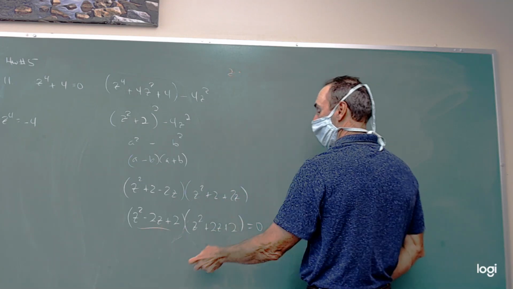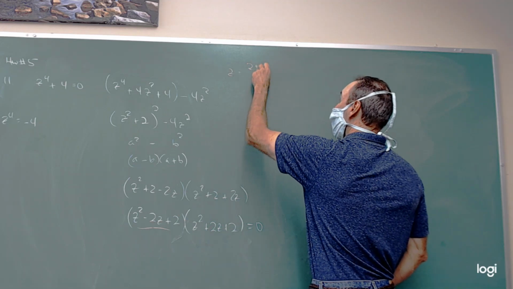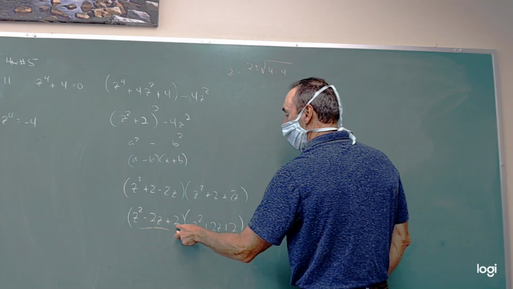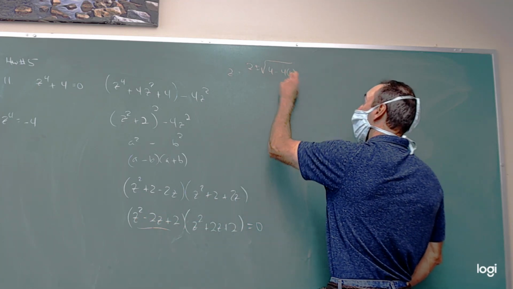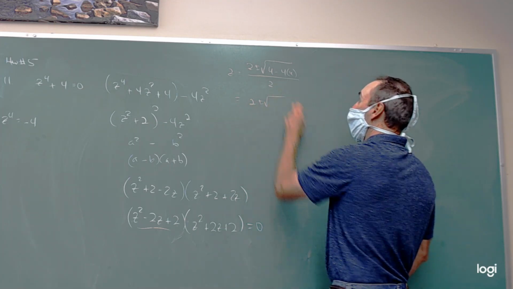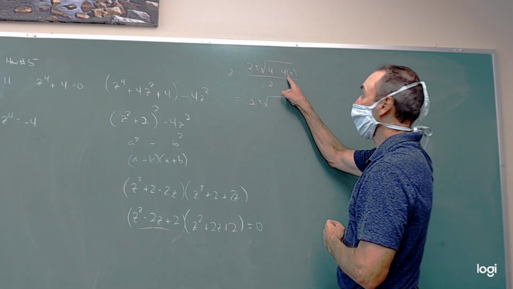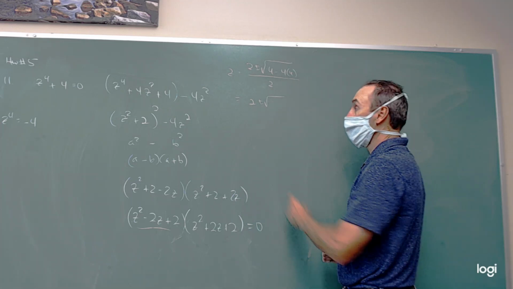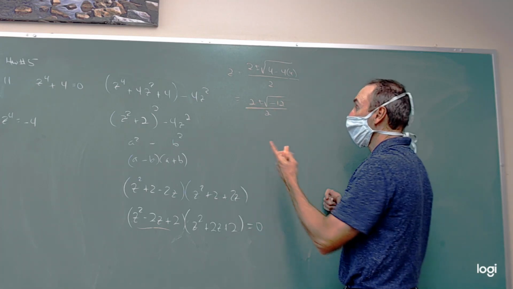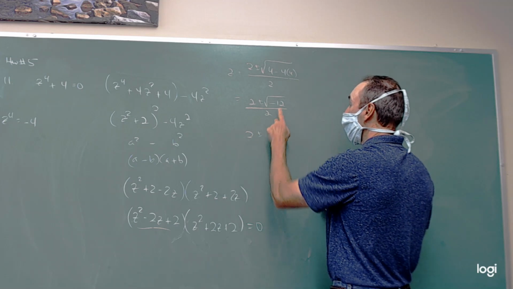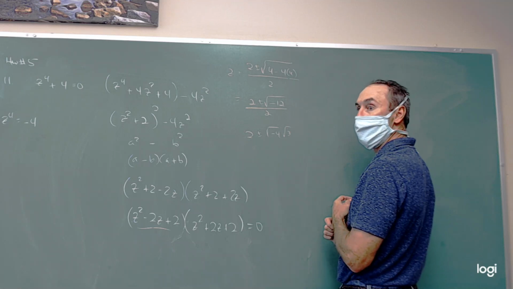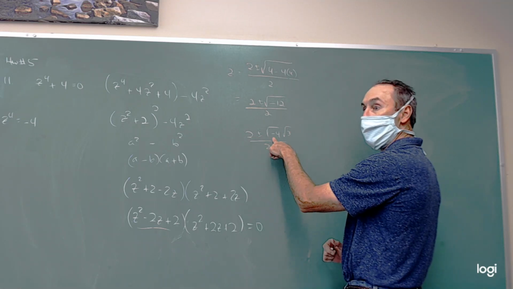So we get z equals -b plus or minus the square root of b squared minus 4 times 1 times that, which is going to be times 4, all over 2a. So that's going to be 2 plus or minus the square root of 4 minus 16, which is going to be a -12. Well, we knew we were going to get imaginaries, right? So we're going to get 2 plus or minus. We can think of the square root of -12, remember, as -4 times 3. And the square root of -4 is,